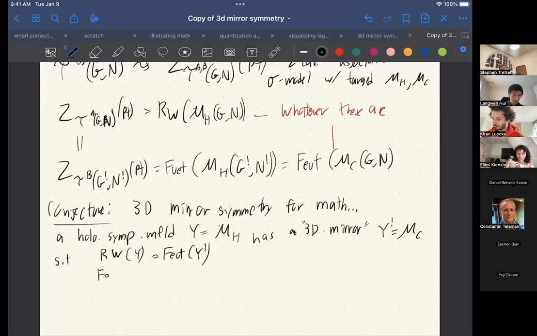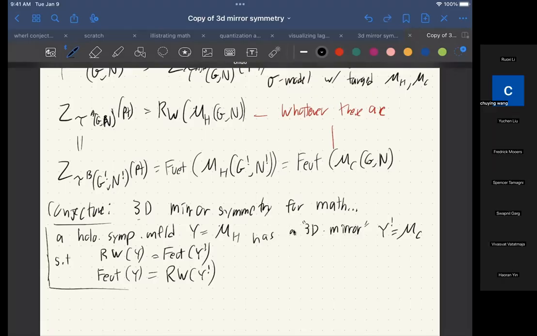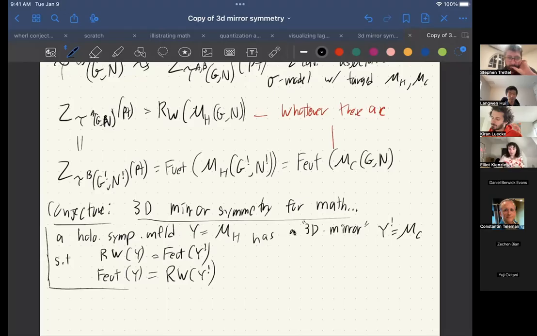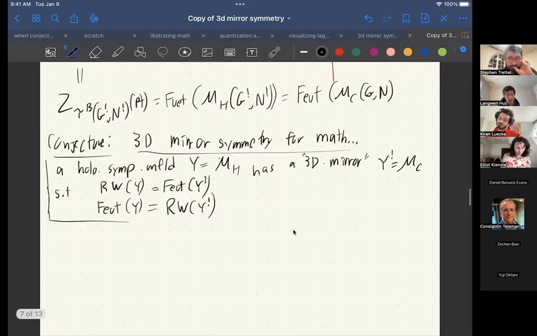vice versa. I don't actually know how to spell Fueter. I've been alternating EU and E, and I'm sure that's fine. Okay. So that's nice. That's satisfying. We have a statement that looks a lot like 2D mirror symmetry, where we have two different manifolds whose associated 2-categories under either an A-side picture or a B-side picture will be interchanged when you take the mirror. That's awesome. Except we have a little bit of a to-do list